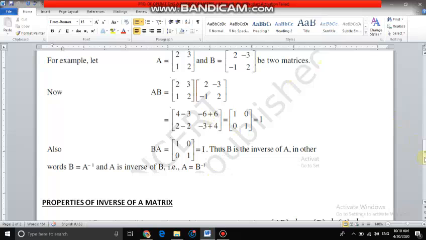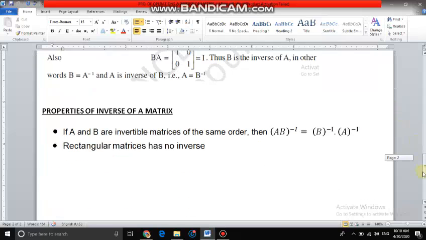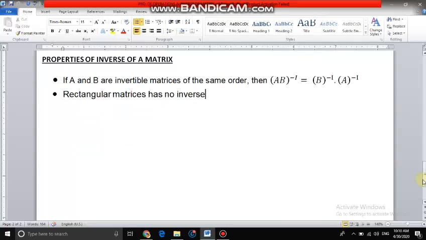So in the next class we are going to discuss what is determinant, what is cofactor matrix, what is adjoint matrix, then how to find the inverse of the matrix using